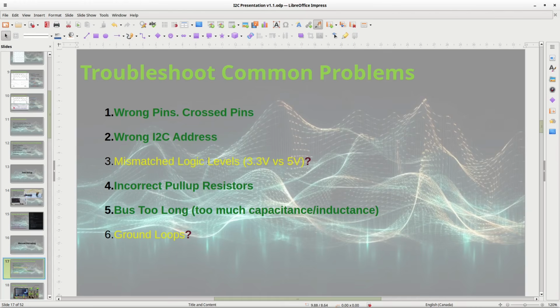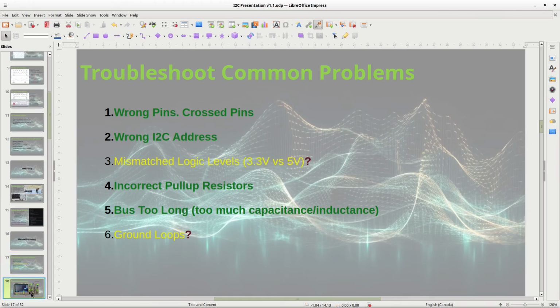It's not going to tell you if you've got mismatched voltage levels, logic levels, unless you know it's a 5-volt bus and you're seeing 3.3 volts, which, by the way, will work on a 5-volt bus. But if it's a 3.3 volt bus and you put 5 volts, you're probably going to damage something. So unless you know the bus is running at 3.3 or 5 volts, it's not going to tell you that. If it's got a ground loop, I don't think it's going to tell you much about that.